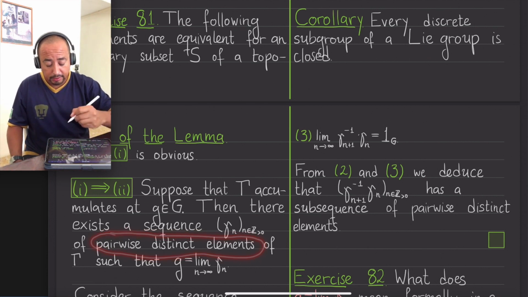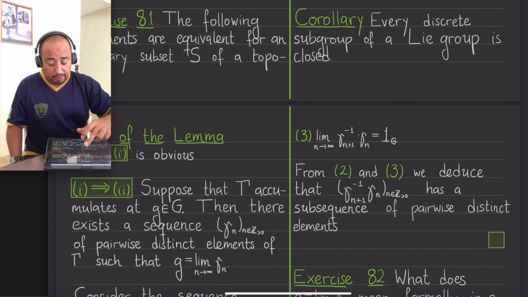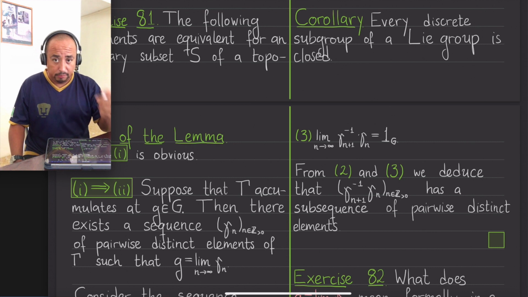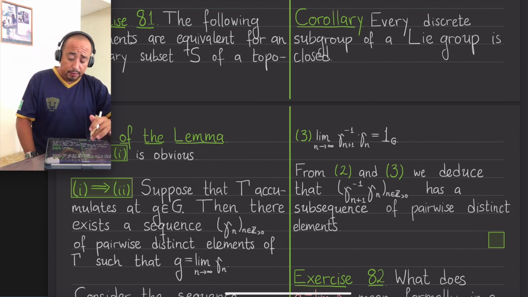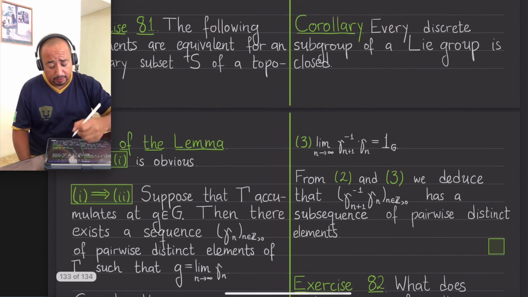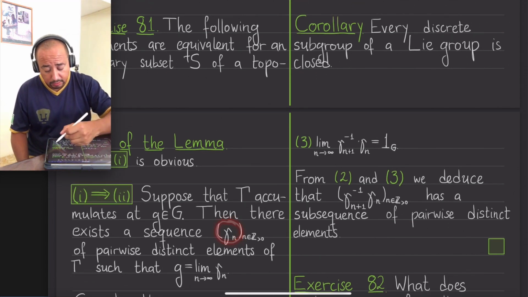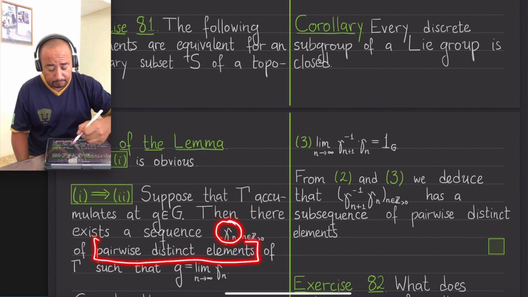This you can do, because it's a sequence that comes from accumulation. Now, once we have this sequence with no repetition, so pairwise distinct elements,